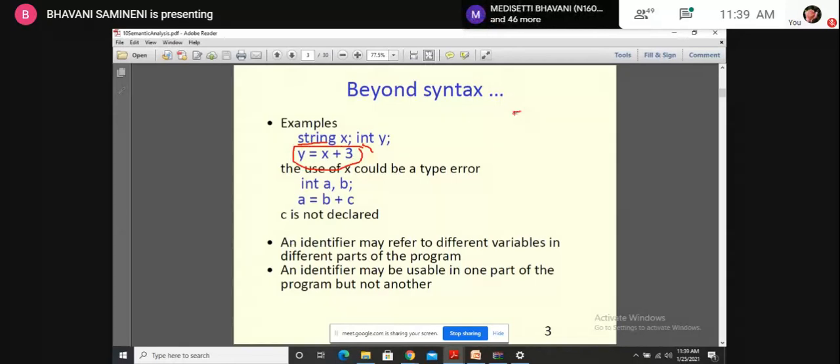Simply we will get the parse tree like this. The equals sign, y will be the LHS variable. On the right hand side we have to perform some addition, so that is a plus operator, and the left side value will be x, and the right side value will be 3.